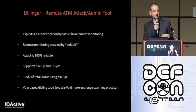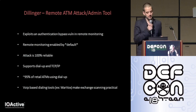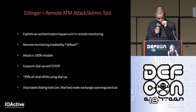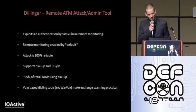But the obvious drawback here is that you need to interact with the machine in some way. So of course the ultimate win is to be able to execute code or load software remotely, and that's where Dillinger comes in. Named after the bank robber, of course. Dillinger takes advantage of a fairly serious vulnerability in the ATM remote management capability. Interestingly, although most operators don't actually use this capability, remote monitoring is enabled by default on all of this